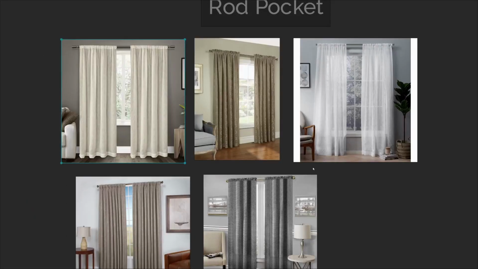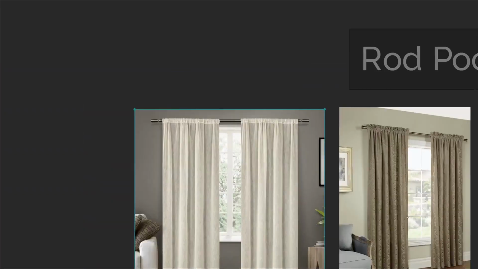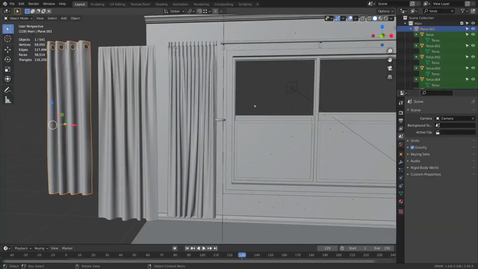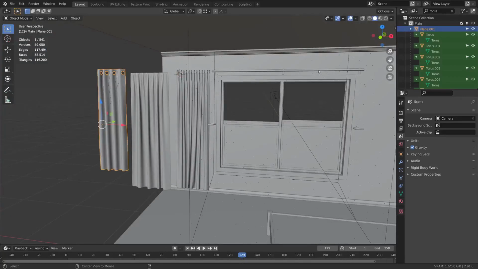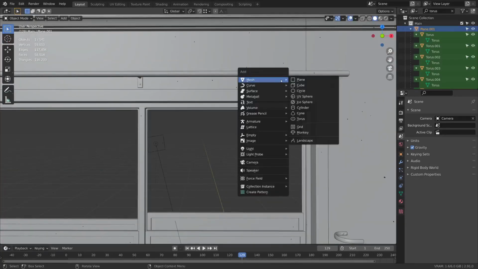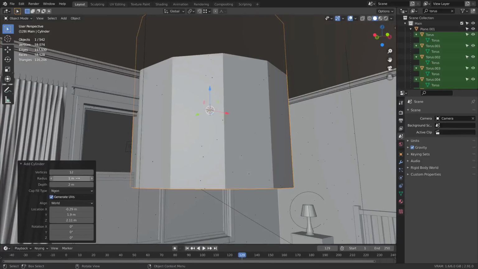So the next style we'll do is the rod pocket style. It has the curtain wrap around at the end and sewed together to create a pocket that the rod goes through. Now, I haven't found an easy way to go about creating the pocket other than just simply using displacement. So I'm going to create a cylinder, go with about 12 vertices,